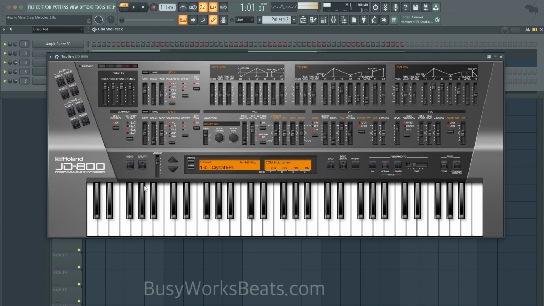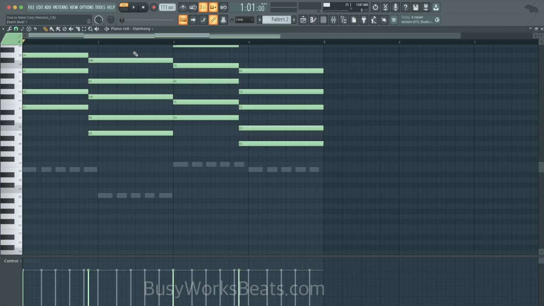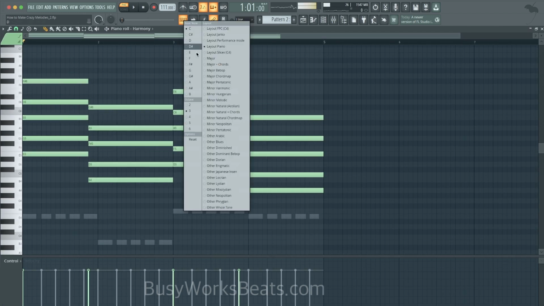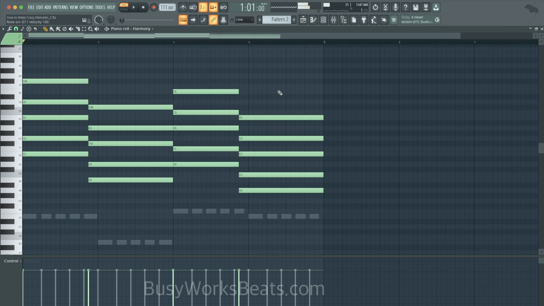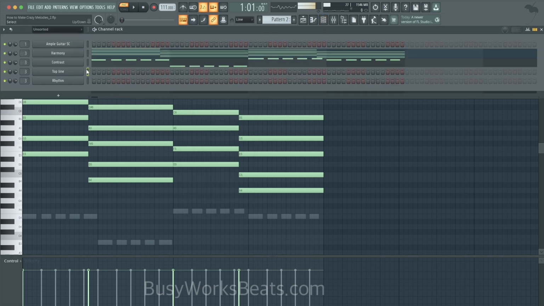Okay, so the top line, this is where you can get a little more expressive in the higher octaves. Because I don't have a MIDI controller, we're going to have to do what we can do. We started off on E minor, so let's go to what's called the minor pentatonic. If you right-click your typing keyboard, go to minor pentatonic. Let's raise this octave up to like 5 or 6 to get those higher frequencies. And let's do a top line. Let's record.